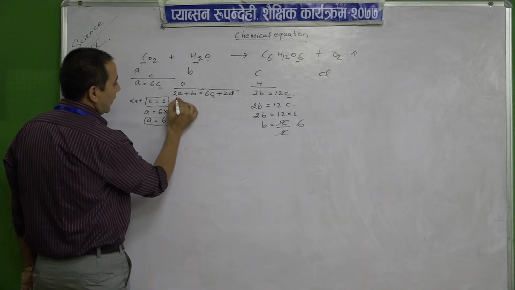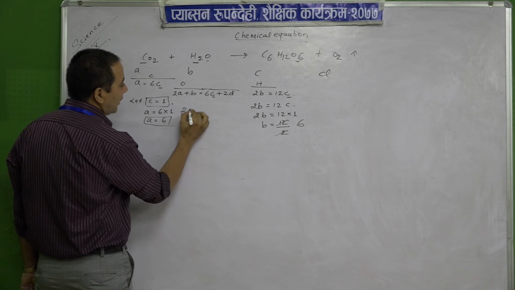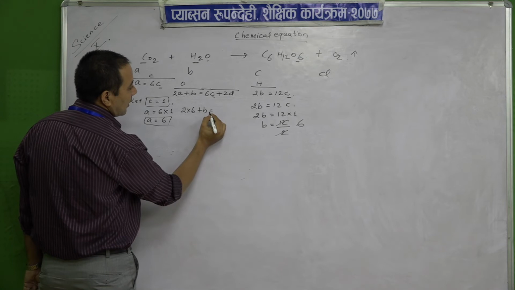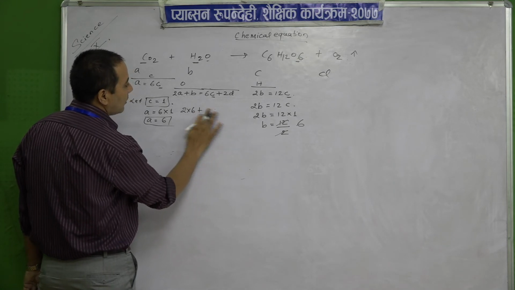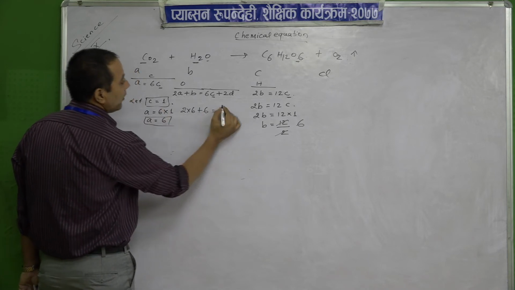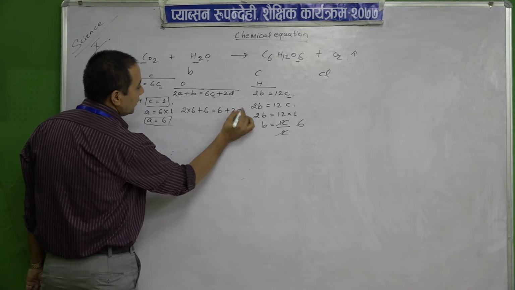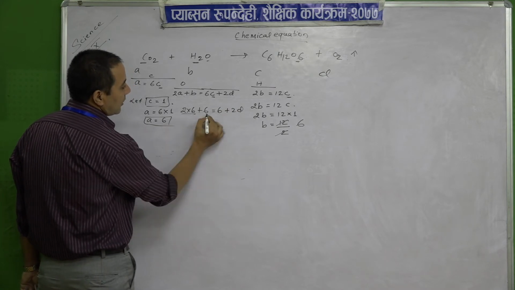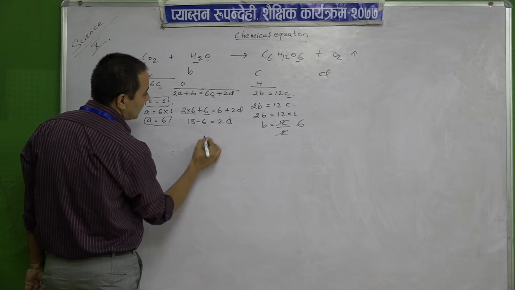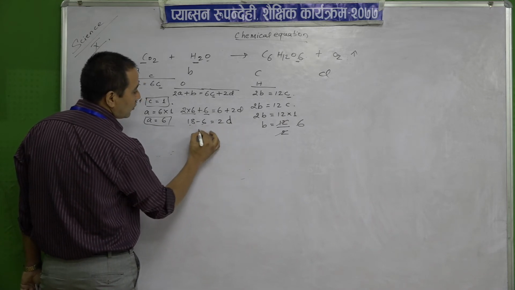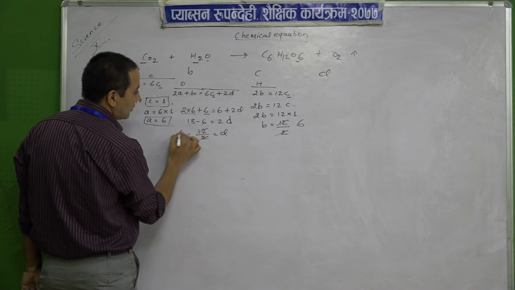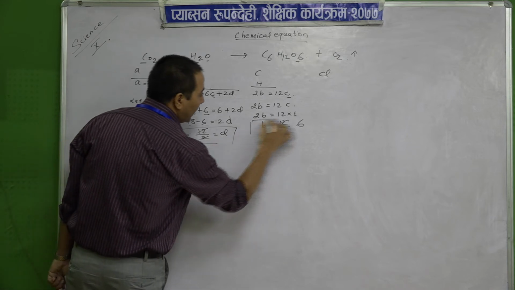Okay. Now put the value here. So 2A means A is 6. 2 into 6 plus B equals to, sorry, we have found the value of B also. That is 6 equals to C value 1, 6 plus 2D. Okay. So 2 sixes are 12, 12 plus 18 minus 6 equals to 2D. Yes. Then 18 minus 12 upon 2 equals to D, then D equals to also 6. So we have the value of A, B, C, D.